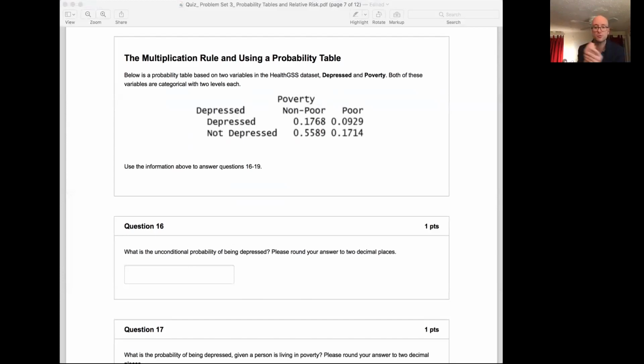Okay, so we have the addition rule, right? It's to talk about the probability. When you look at a contingency table, you look at the probability of one event or the other, and you subtract their joint probability, the probability of both together, because they're joint probabilities by definition. When we talk about or, we're talking about the probability of one event or the other event, and we want them to be mutually exclusive. The multiplication rule is, well,